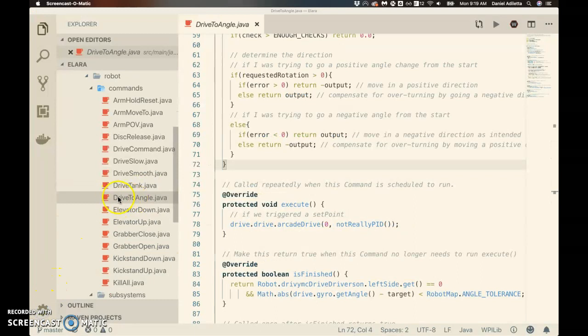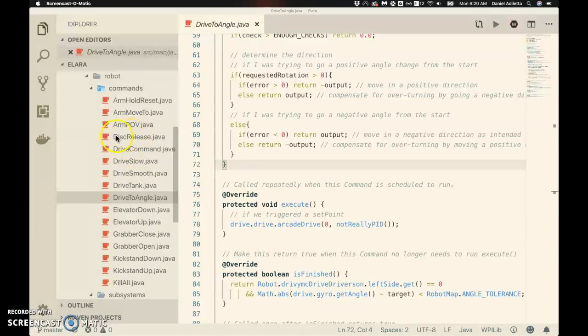For the D-pad, when we trigger that command, we're going to drive to angle. Then we'll need a new drive-to-time, or some sort of timed drive command, to back us up. And then we'll do the reverse drive to angle to square us back up the way we were. So that will be pretty simple. We just need to add one more file. But for the disk release command, or panel release,